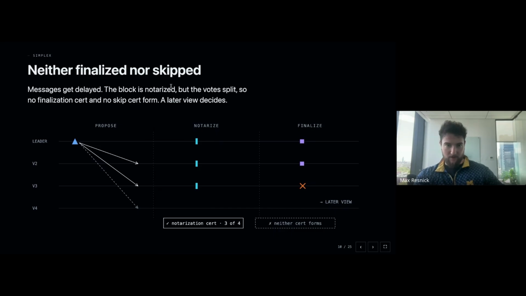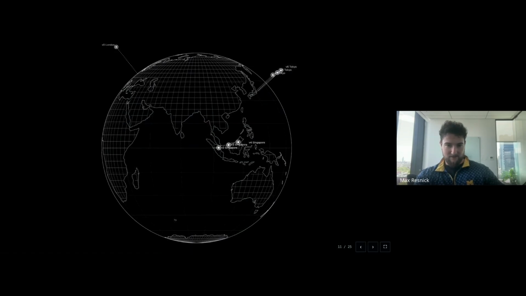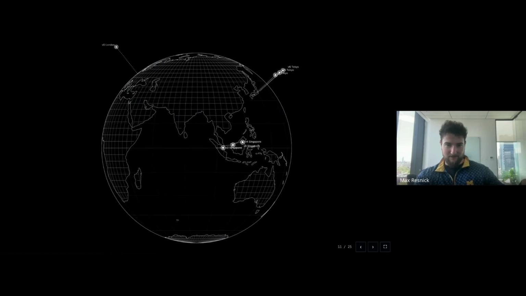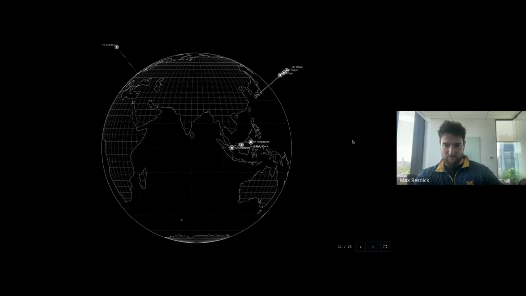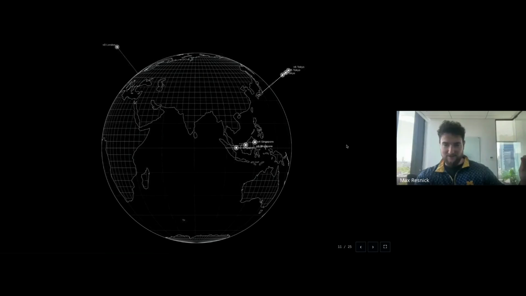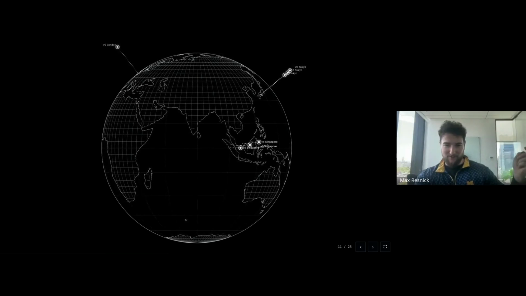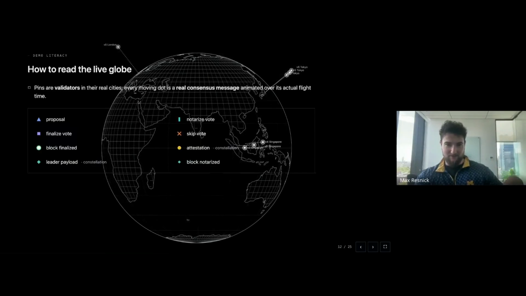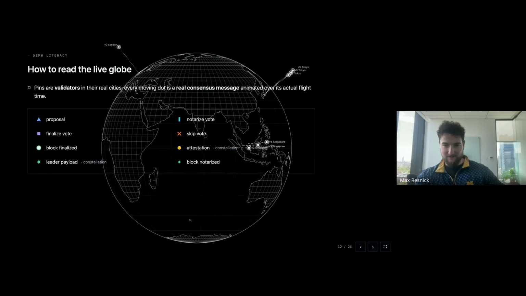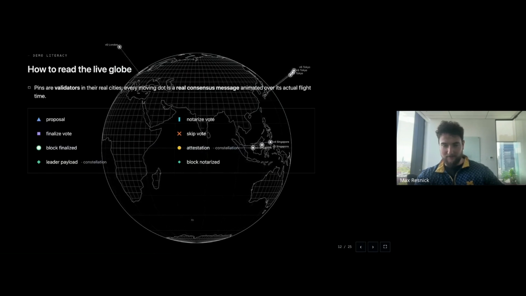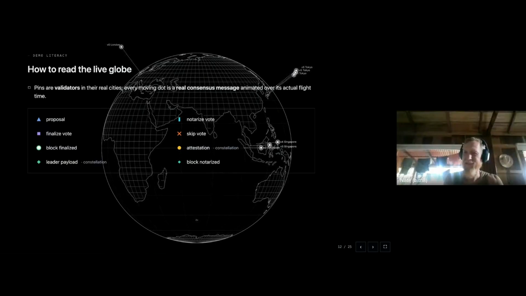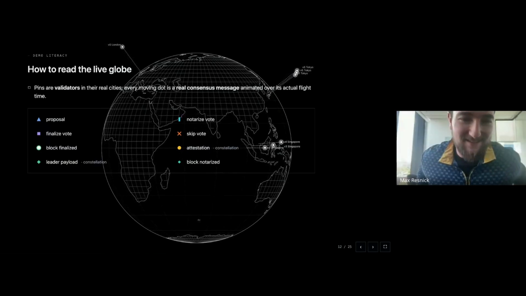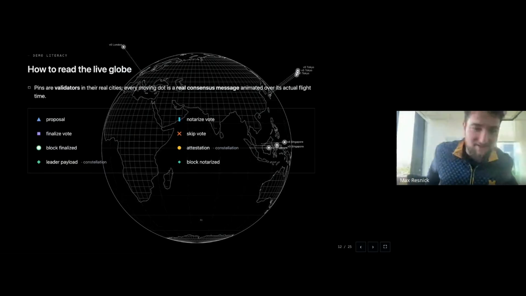Okay, this spinny globe is not just a visual aid here. It's actually going to be an animation for us to see a live run of the protocols that we're going to look at today. This is where you burned all your credits. Yeah, this is where I ran out of Mythos credits.